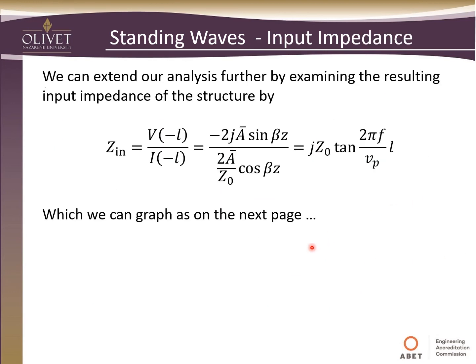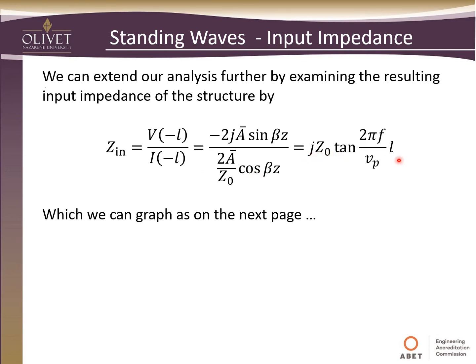So we can extend our analysis a little bit further by examining what the input impedance of our structure is. To do this, we know that our input impedance is just defined as the voltage over the current at the entrance, or at the input, of our circuit. We said in that first slide that that's negative L, all the way to the left. The short was at 0, the source was at negative L. And so when we plug in these values, again putting in negative L into the equation,